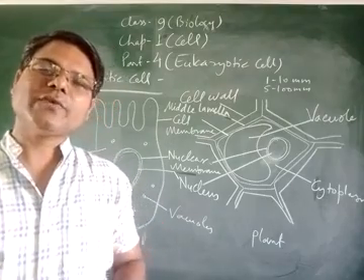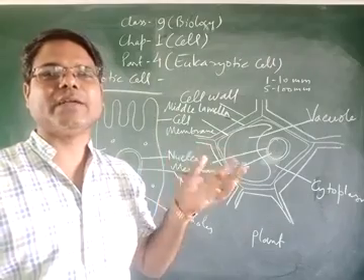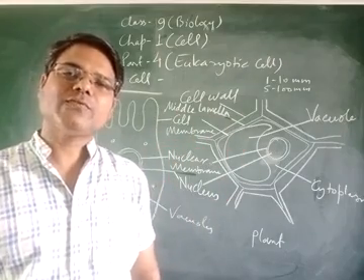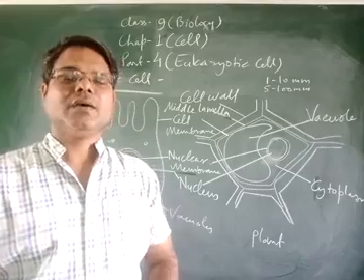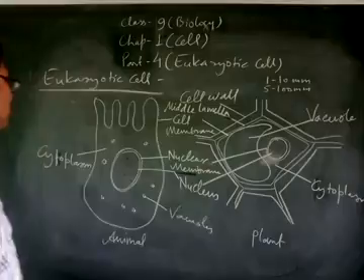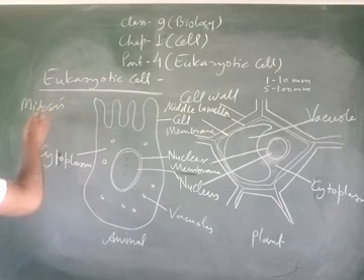But in case of eukaryote, cell division is present through which a cell is divided into numerous cells. Cell division is basically of two types. दो टाइप के सेल डिवीजन होते हैं स्टूडेंट्स, माइटोसिस और मियोसिस. Mitosis and meiosis.